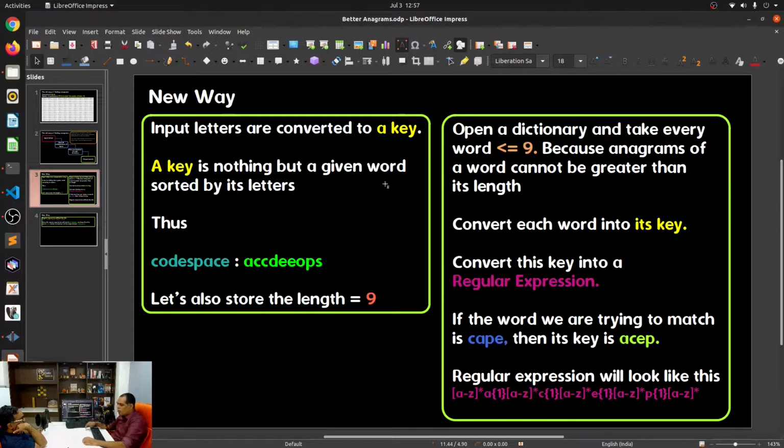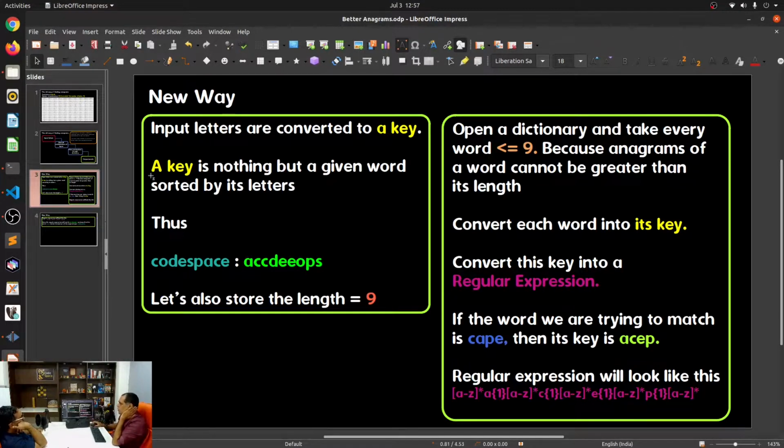So I told him, okay, maybe once somebody searches for a word, you store it in a database so that the next time somebody searches for the same word, it's faster to get through it. And he said, okay, so how would you save the word? You could only save the word if it's unique, right? And that's where I came up with this idea of converting words into keys and then matching keys to see if they would really work.